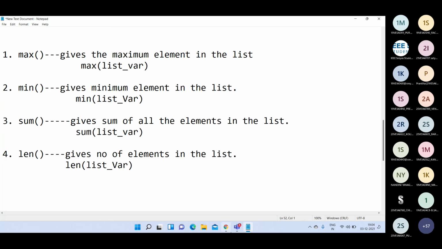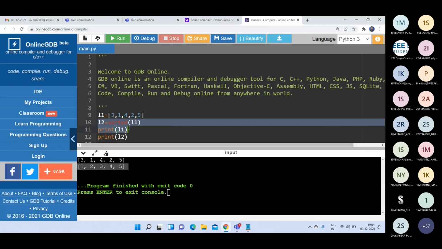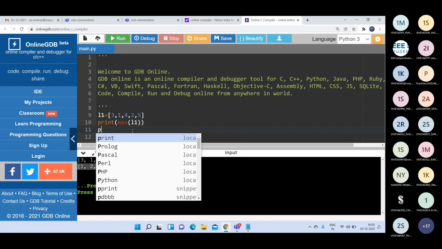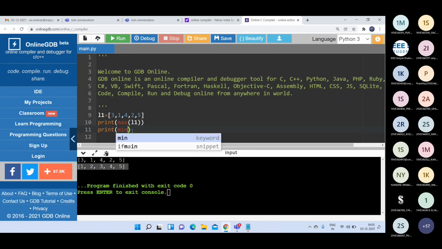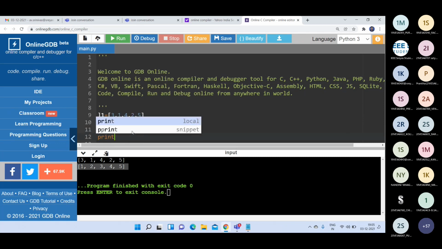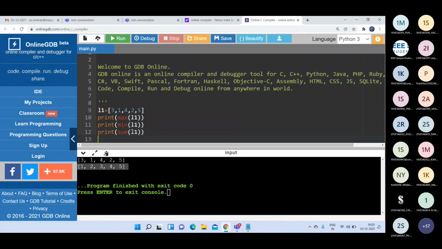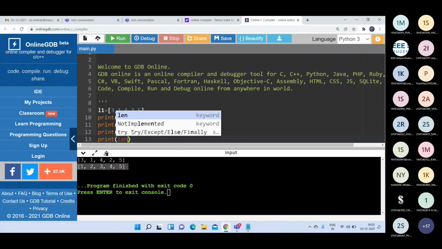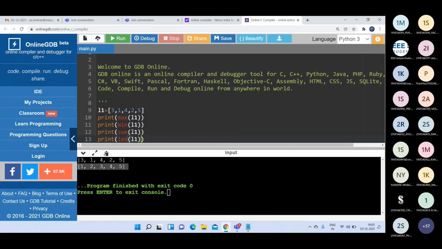Let me show you with an example here. I can write print of max of L1. I am printing the maximum element available in the list, and I am printing min of L1, and sum of L1, and length of L1.